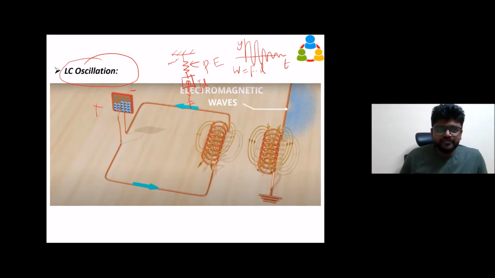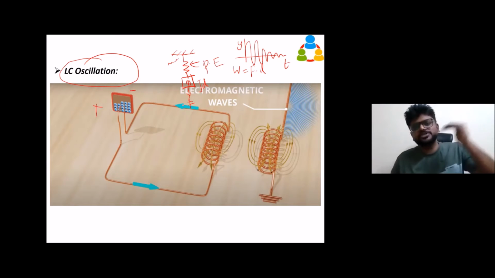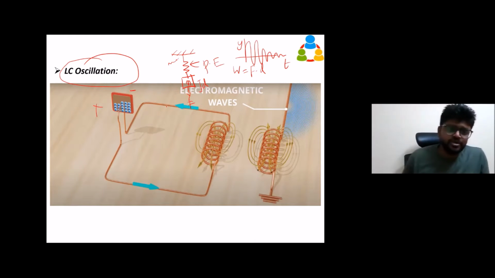When there is a potential difference and you're connecting through the circuit, what will happen? The electron wants to go from the highest potential to the lowest potential, like high pressure to low pressure, how air is moving or water is moving, anything. So from high potential to low potential, the electron starts to move. That is nature. It won't sit there. So the electron starts to move. When the electron is moving from high to low electric potential, it goes through this coil. This is the biggest design, the inductor.